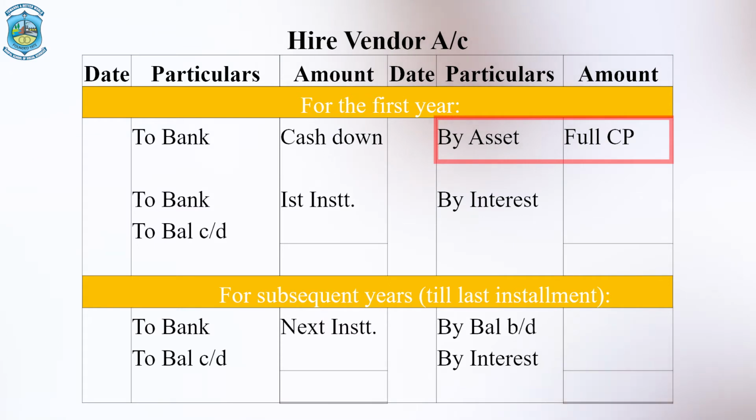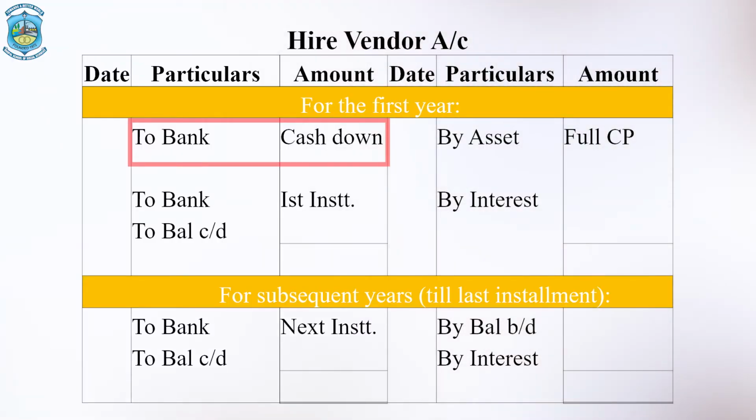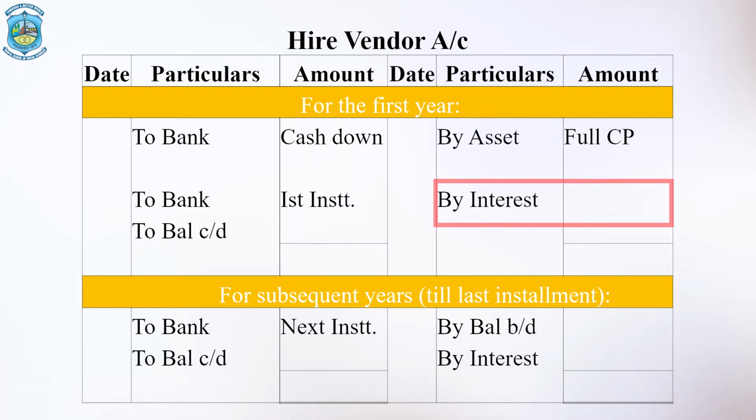All right. Now, if the down payment has been made on the very same day, then the part payment, that is the cash down payment made, will be recorded in the debit side as to bank. This down payment does not include any interest, mind you, because it is made on the same day. The amount has been paid on the same day, therefore no interest arises on that particular amount. But one year after, that is the end of the year, when the interest becomes due, you need to charge this interest in the hire vendor's account, because your liability would increase towards the hire vendor, to whom the interest amount is to be paid along with the cash price in the first installment.